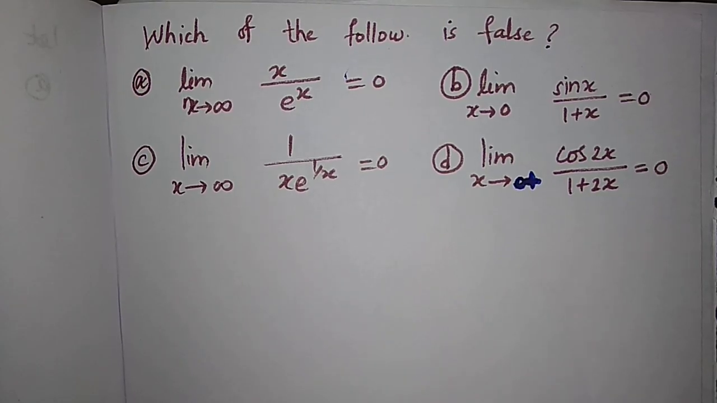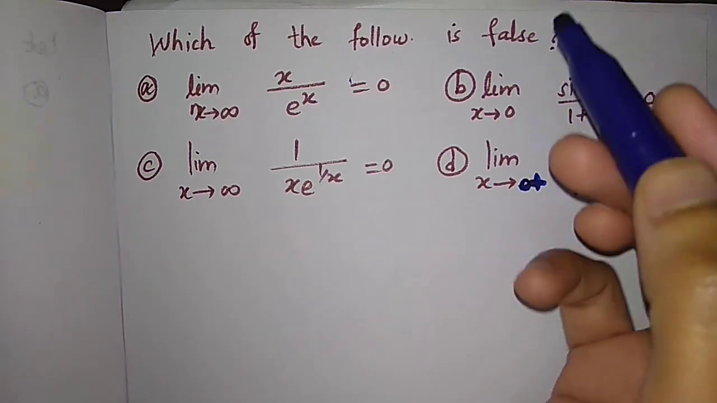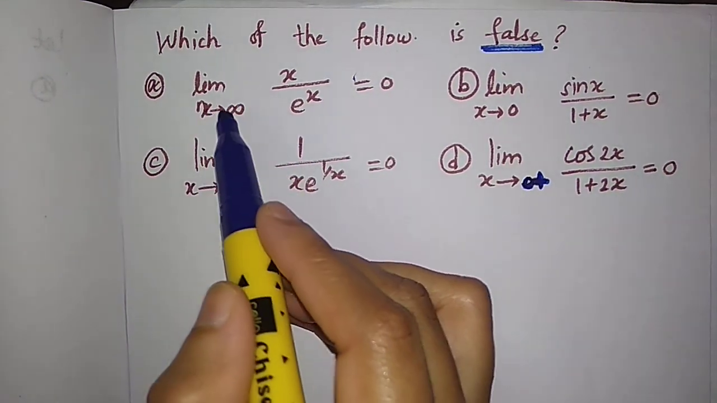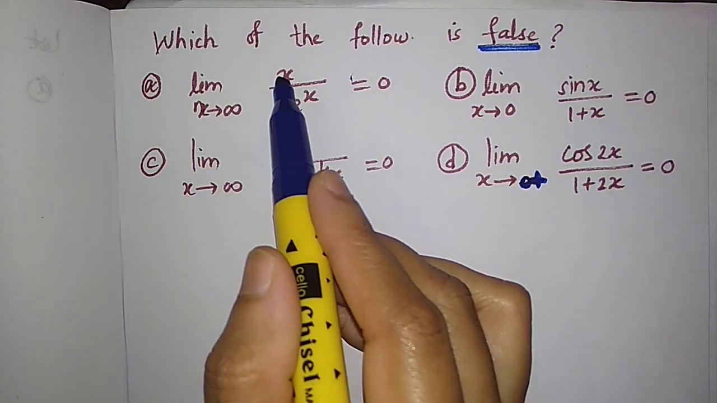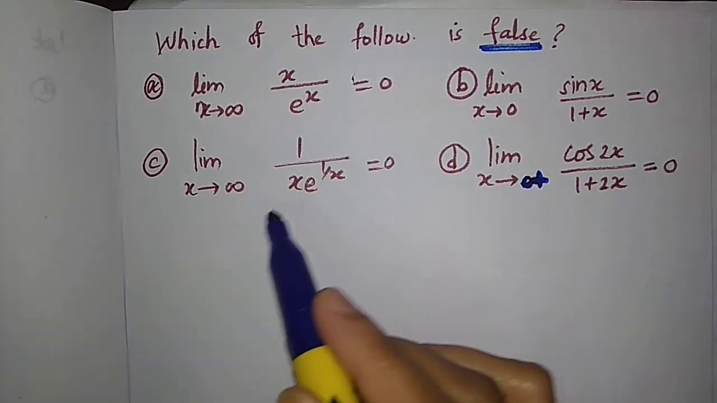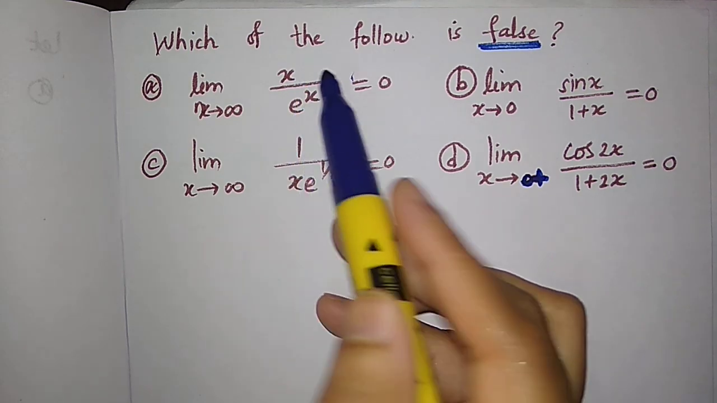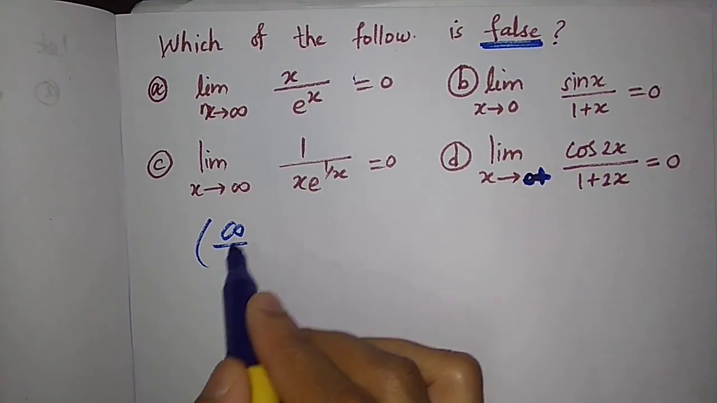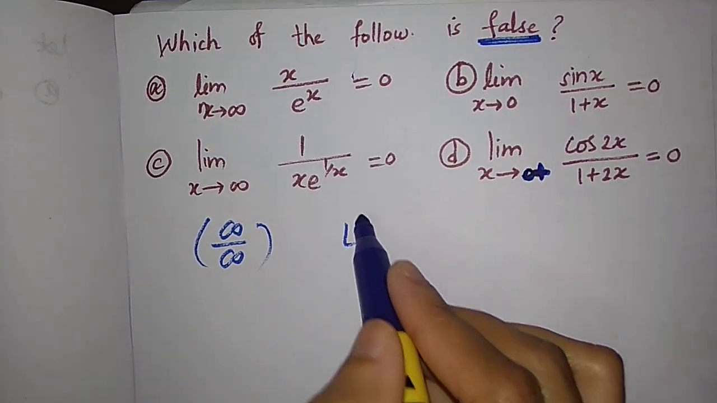Now this is an easy question. We have to find out which of the following is false. We have been given 4 options. So, limit as x tends to infinity of x upon e raised to x. As x tends to infinity, this limit has infinity upon infinity form. So by L'Hopital's rule, we have